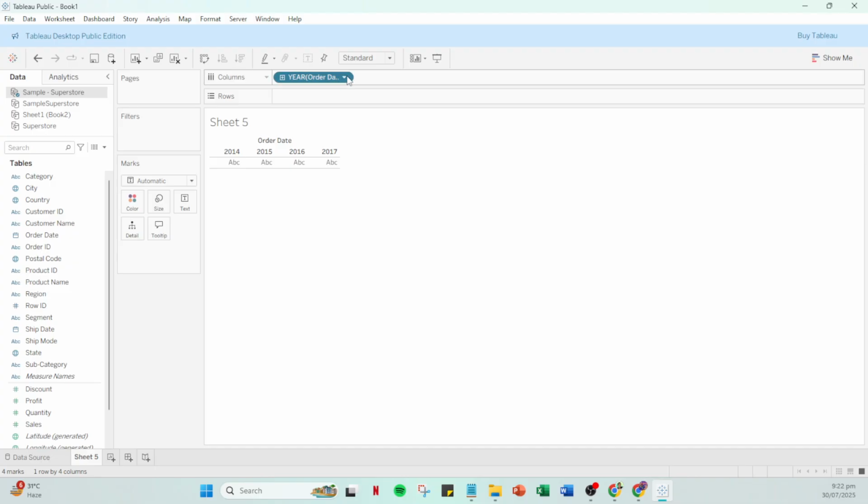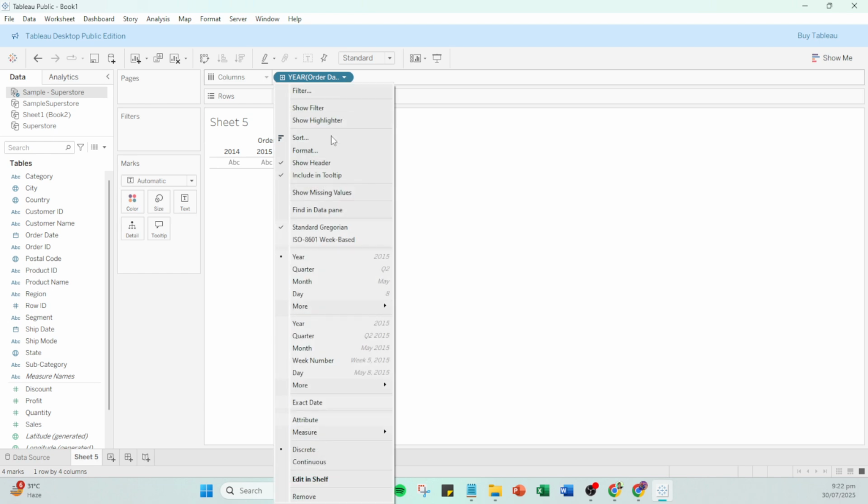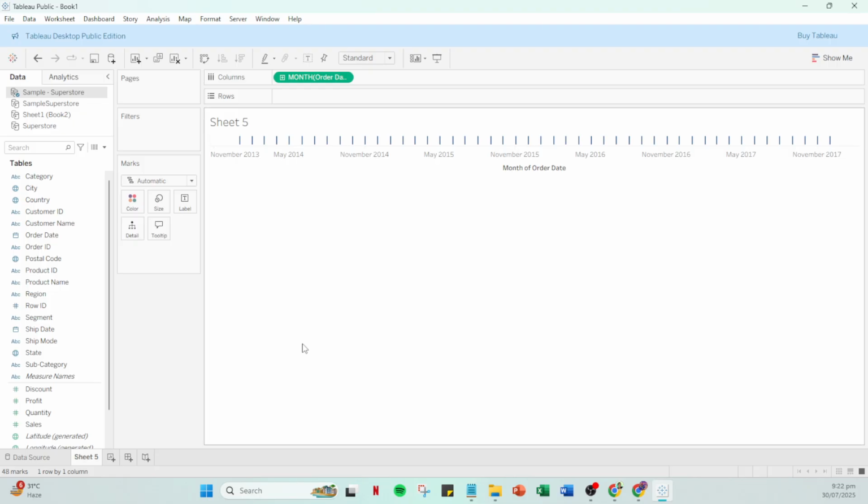With your worksheet open, the next step is to drag the order date field to the columns shelf at the top of the screen. This places the date information horizontally across your graph, a key step in visualizing trends over time. After placing the order date field, click on the drop-down menu that appears and select Month. This selection allows you to view the data on a monthly basis, which is often the most insightful for tracking